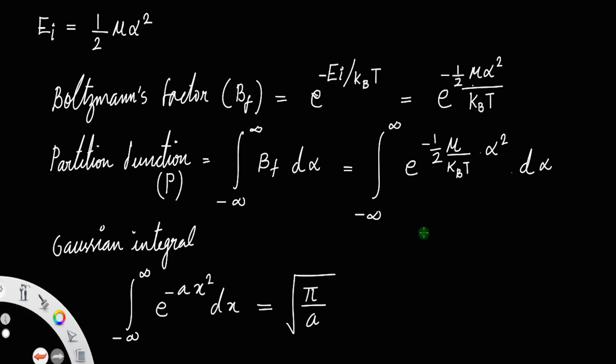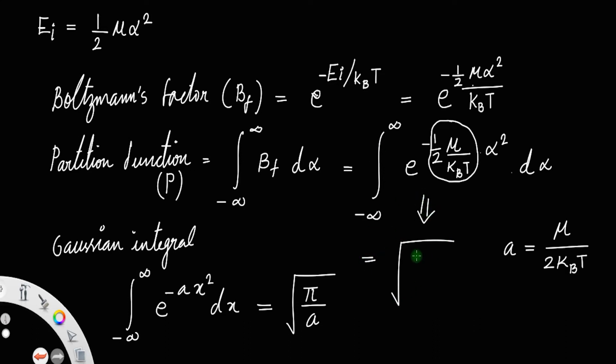If you compare that with here, a will be, like I said, this whole thing is a. So a is equal to, let's write, mu divided by 2 kBT. You can multiply this 2 with kBT and 1 into mu is mu. So that's our a. So the integral of this will be root of pi divided by a. Clear? According to the Gaussian integral. And if you simplify this, you will get